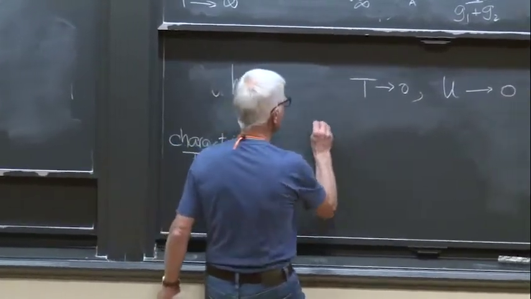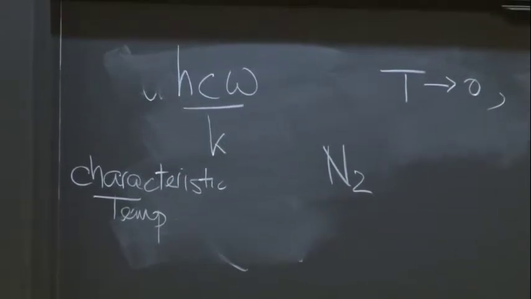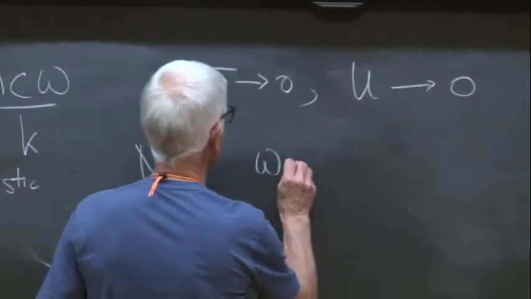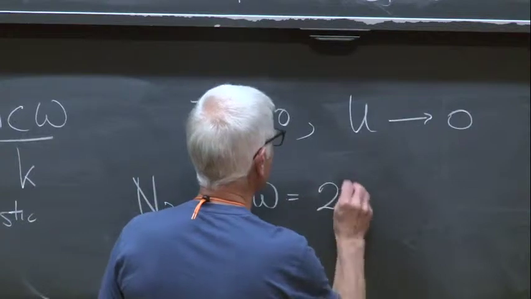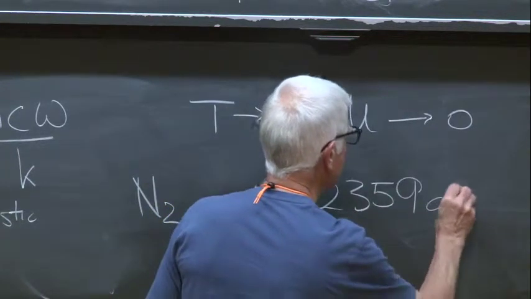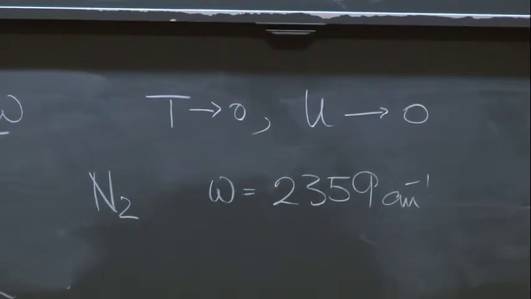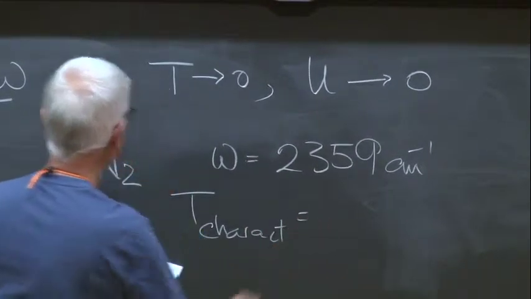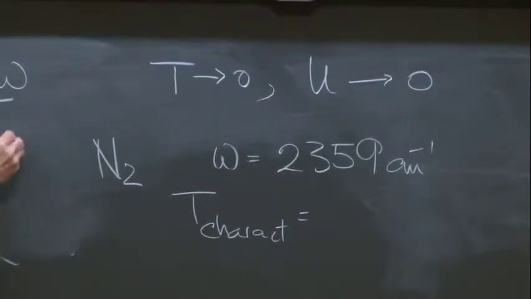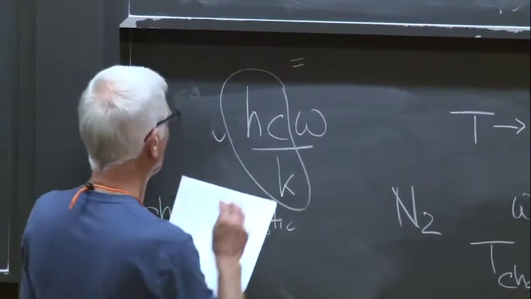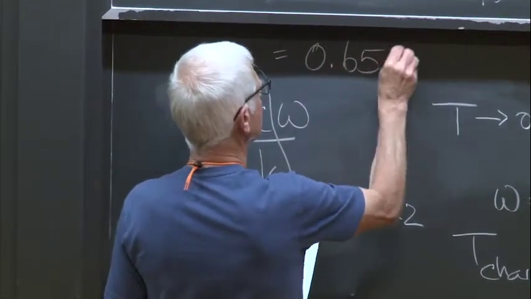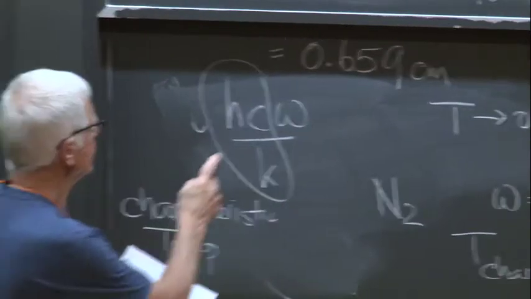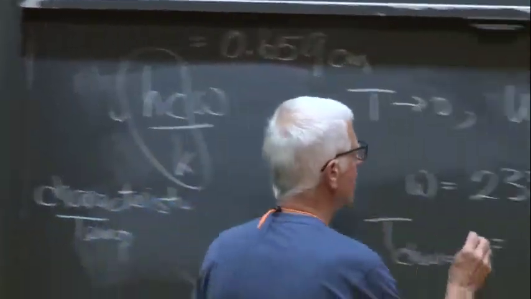So if we look at nitrogen, say, the nitrogen molecule, then ω is equal to 2,359 reciprocal centimeters. And so the characteristic temperature is going to be, this quantity here, hc over k, is equal to 0.659 centimeters. And so if we take that, multiply it by ω, we get a characteristic temperature